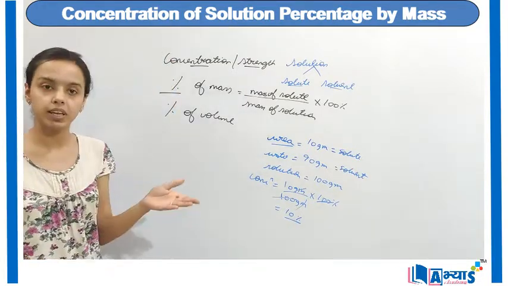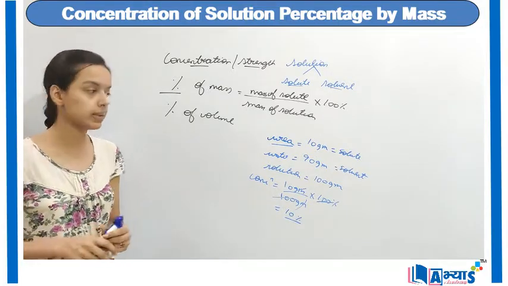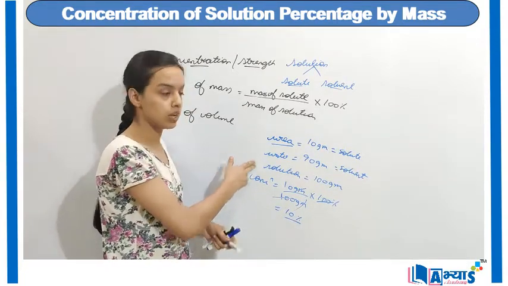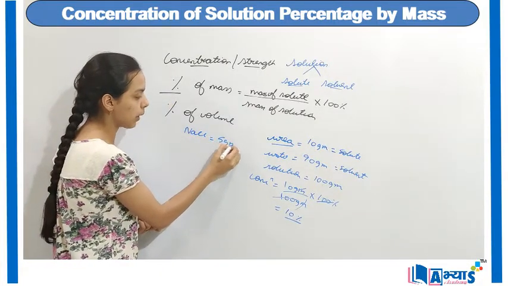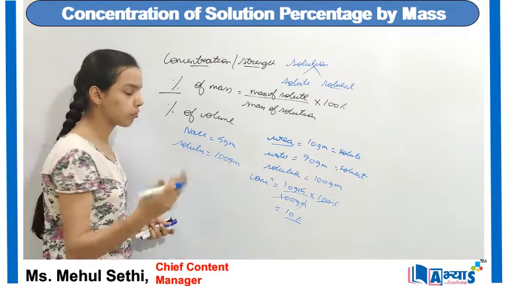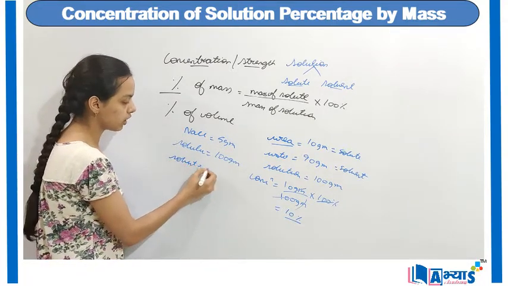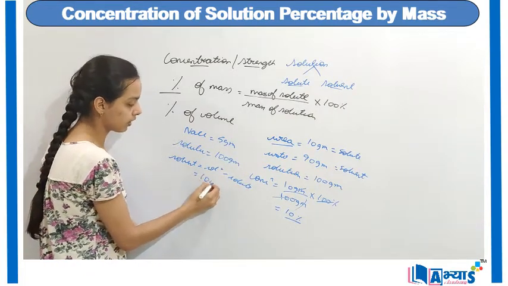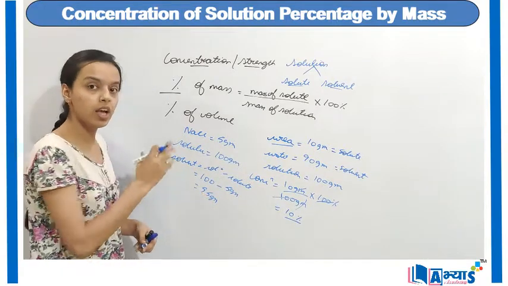This is how you can use this formula to find various concentrations. But you must remember that out of these three substances, you may be given directly the urea or the solution. Suppose I have 5 grams of sodium chloride and a solution of 100 grams. If you are asked to find the water in it, solvent is equal to solution minus solute. So 100 gram minus 5 gram gives 95 grams of the solvent, which was water.